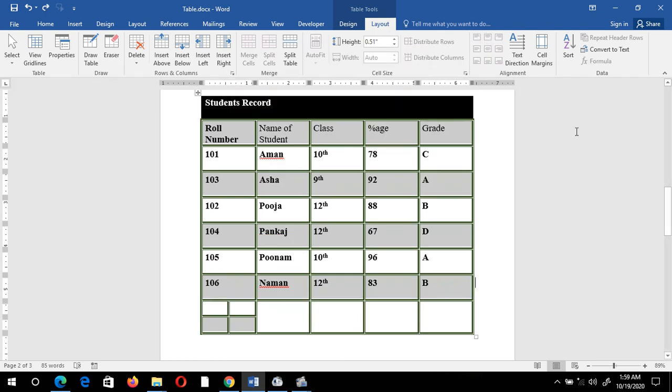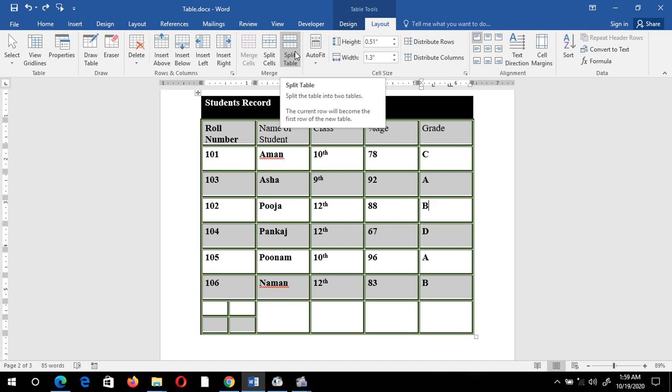Next is split table. Suppose I want to split this particular table into 2 tables. For that I need to keep my cursor in any cell from where I want to split the table. Suppose I am keeping my cursor here. Now I have to select this option, split table. It will split my table horizontally.